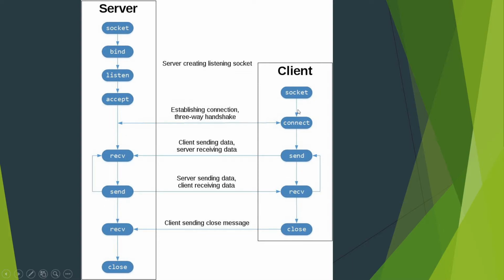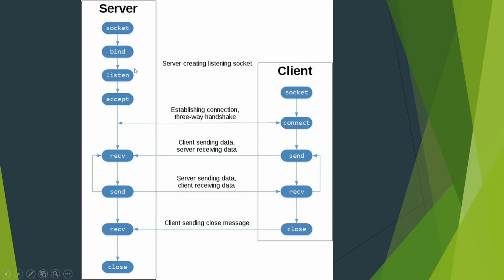In this model, first the client sends a message, then the server receives it, and then it sends a message to the client and vice versa. Then the client can call the close function to close the connection, and afterwards the server socket can also close the connection. So this is the basic idea of a server and a client using sockets. We can communicate using these socket functions. First we need to run the server, because without the server the client cannot connect.